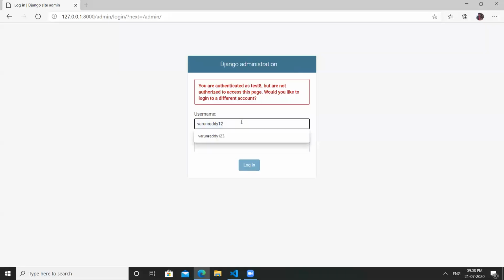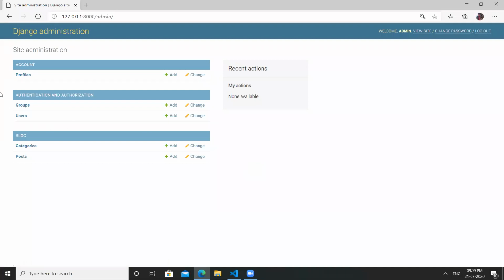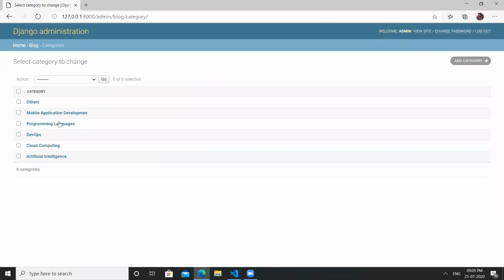Yeah, like we can create an admin page. Only the admin can make changes in this post or the login details. And here we are creating the categories which we are seeing on the screen. These are the categories which we see in the categories filter on the index page. And we can create a new category and make a new post here.